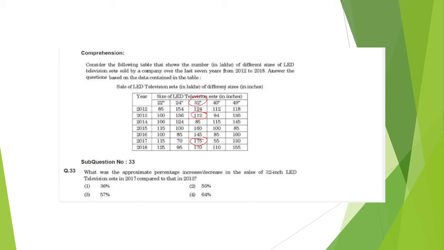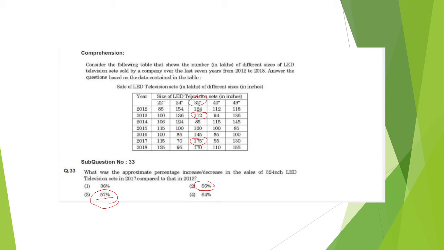For that, we can apply the formula also, but by using the formula we can't do an exact calculation because the answers are very near. See, 57, 56. For that we have to do approximation, like with fractions. It is very difficult because the answers are very near. That's why I will tell one more trick here.